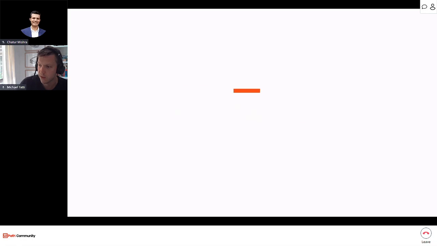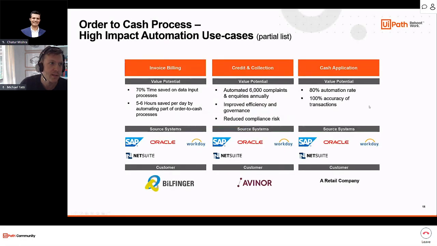So that's an invoice example. So now I'll talk a little bit about order to cash as well. So again, similar structure to the other slide. So some companies and some systems that they've worked with,